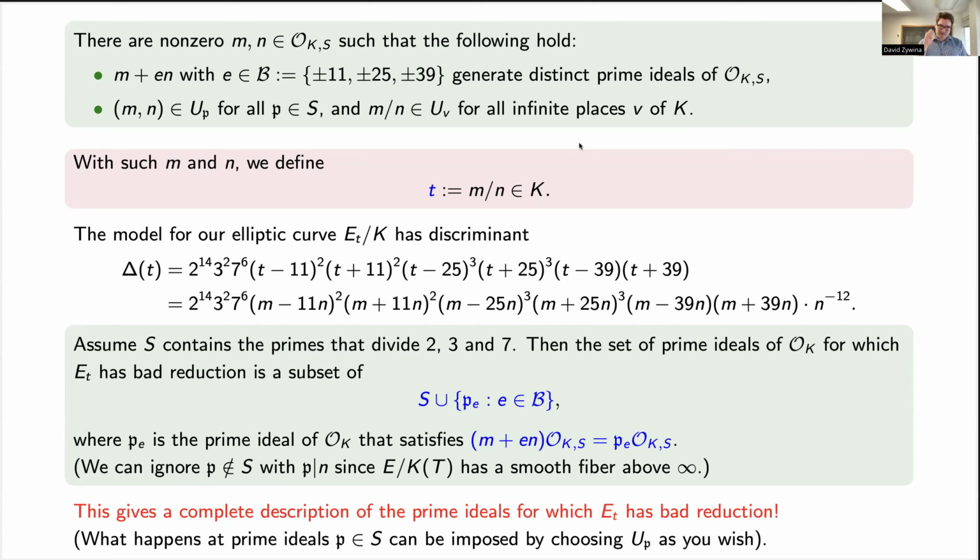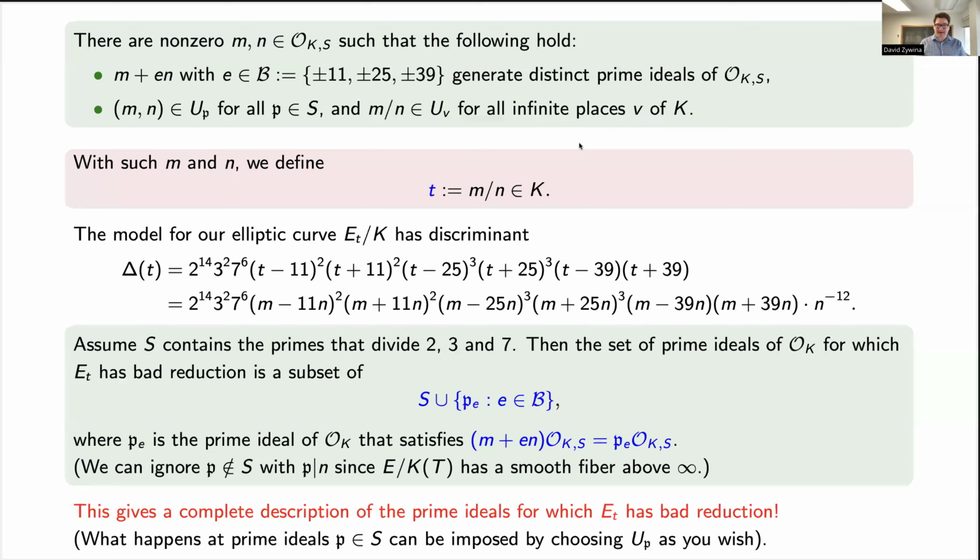When we plug in little t into our equation, we get this discriminant, which is here. I just replaced the capital T with a little t. And now I can plug in m over n, or t, and pull out all the n's. And I get this nice expression. And if I assume the set S contains all the primes that divide 2, 3, and 7, just because they're already dividing the discriminant, then the set of primes of OK for which the specialization at this particular t has bad reduction is a subset of S, this set I chose, and this other explicit set of primes,